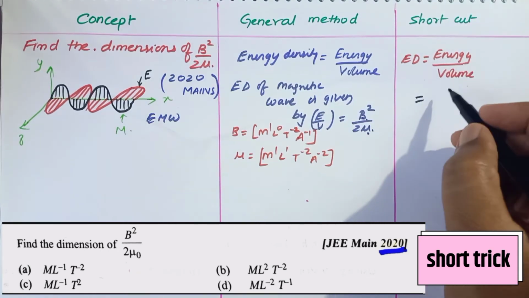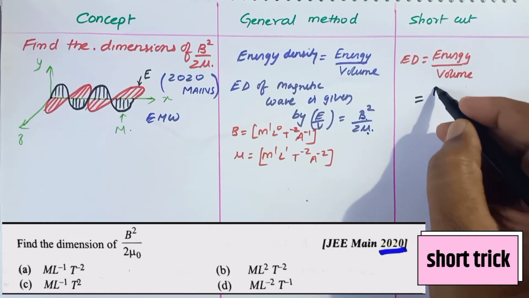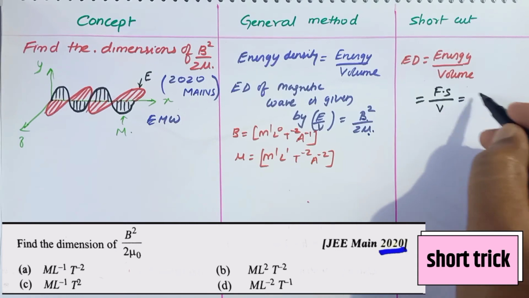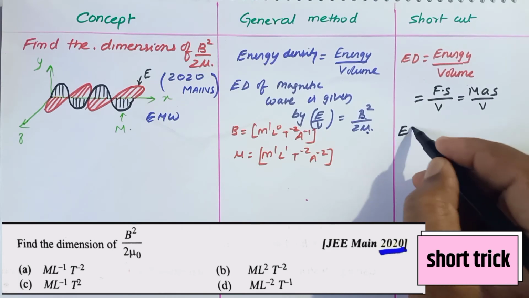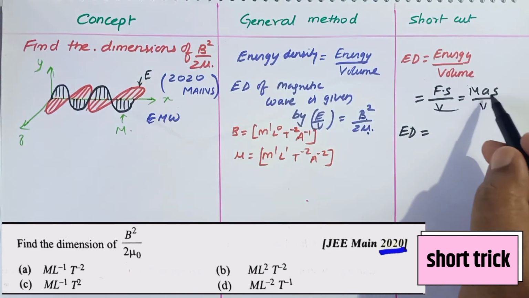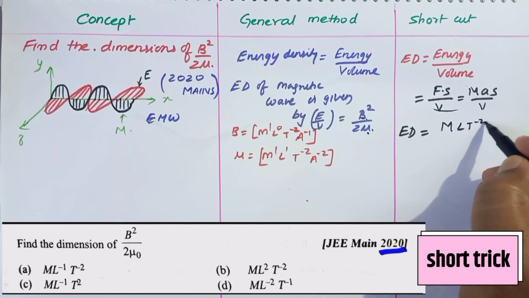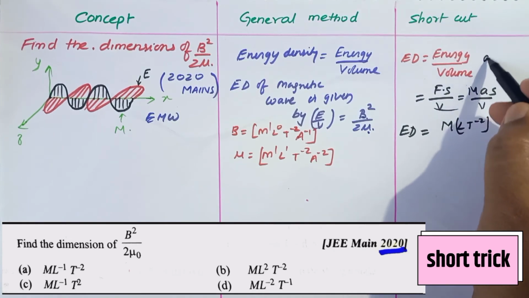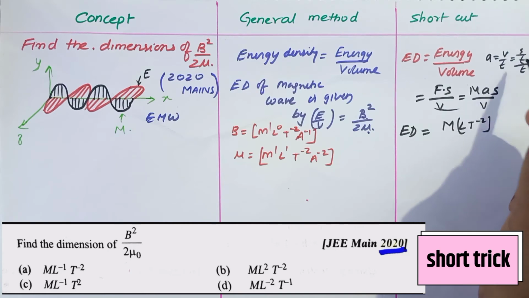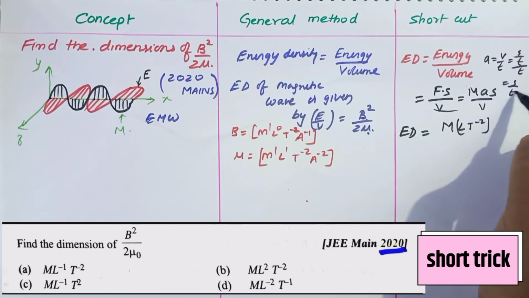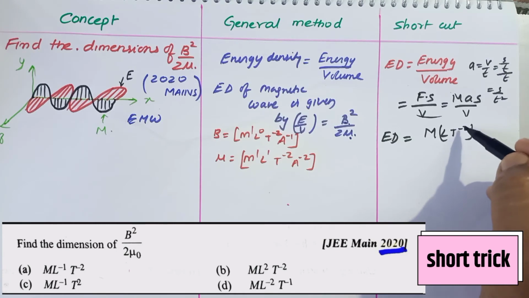You all know energy or work, both are same. You can take energy or work. Work is equal to force into displacement, by volume. Force means mass into acceleration, into displacement, by volume. Therefore, we can write very easily by using known physical quantities like mass. Mass means M, you will write. Acceleration means LT power minus 2, you can write directly, because acceleration is nothing but velocity by time. Velocity is nothing but displacement by time, whole divided by time. Velocity is displacement by time here. So S by T square you will write. S means L, T square comes to the denominator, it becomes T power minus 2.